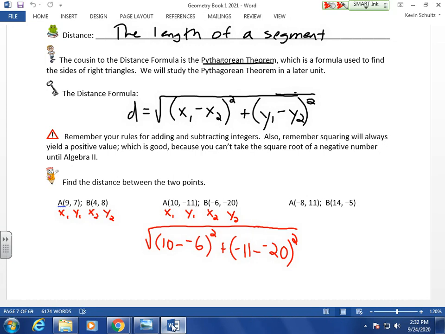So, our first set of parentheses, what is 10 minus negative 6? 16. And we're squaring that. And what is negative 11 minus negative 20? Negative 11 minus negative 20, or negative 11 plus 20. 9. So we have 16 squared plus 9 squared